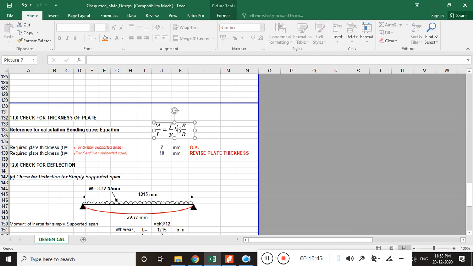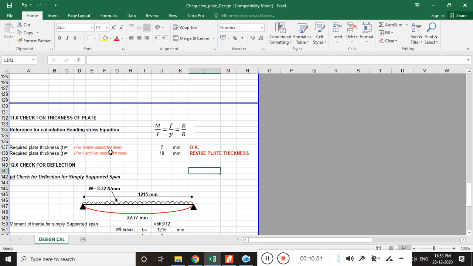So M by I is equal to f by y. We only have to use this portion. Here we have equated this equation so that we can calculate the thickness. If you see this thickness formula, it has a square root. How this square root has been derived, first let